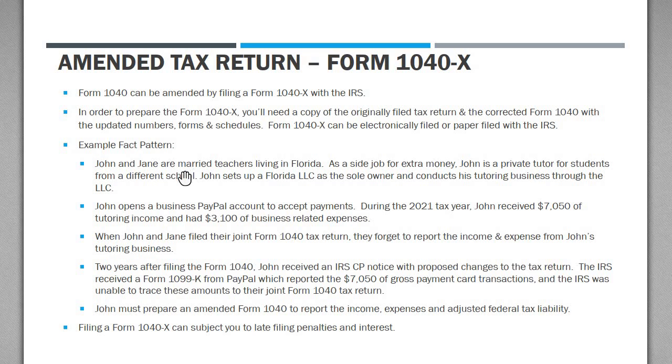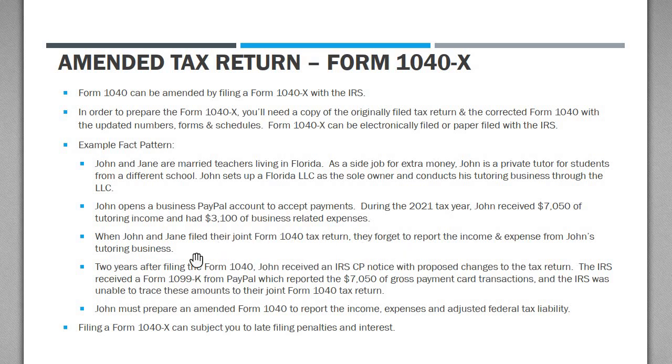We have John and Jane. They are married taxpayers, and they're both teachers living in Florida. Now, as a side job, John is a private tutor for students from a different school. So he sets up a Florida LLC. He's the sole owner. It's a disregarded LLC. And he conducts his tutoring business through that LLC. Now, in order to receive payment, John opens a business PayPal account, okay? During the 2021 tax year, John received $7,050 of tutoring income through that PayPal account, and his total business expenses